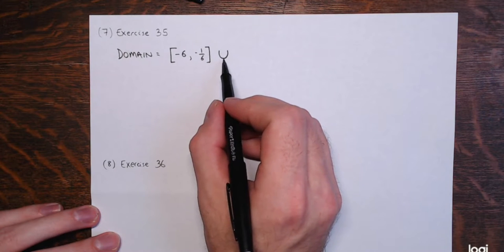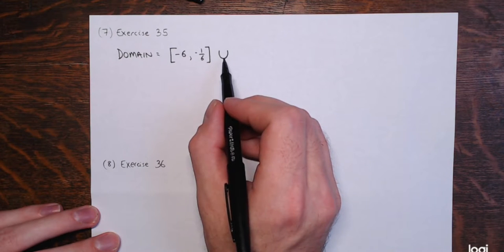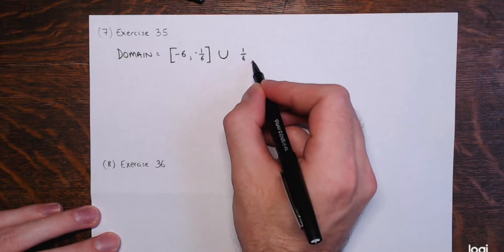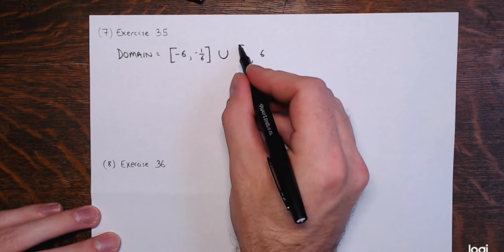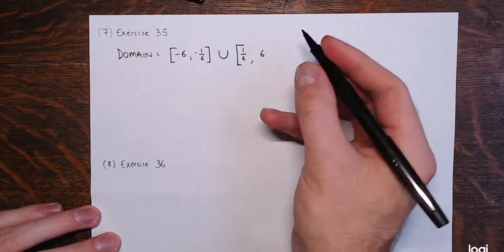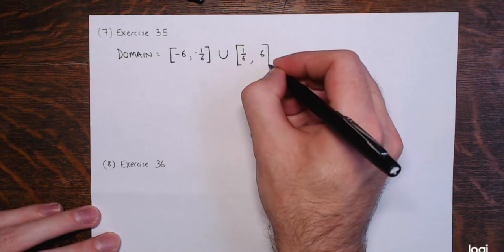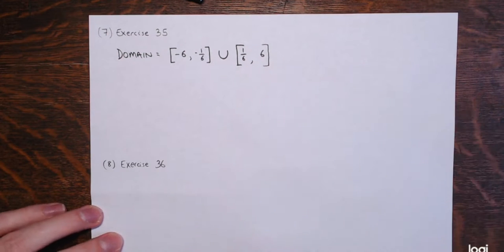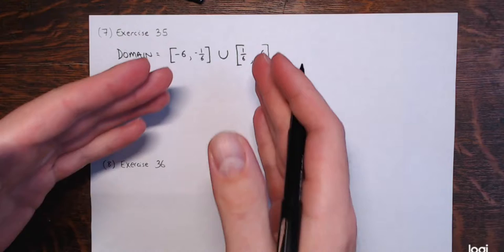Now the union symbol is the set notation symbol for the word or. All right, so my x coordinates for this graph are either in this set or in this other set from +1/6 to +6, right? And there was a point with an x coordinate of +1/6. There was also a point with an x coordinate of +6, right? So brackets on those. And there's your interval notation